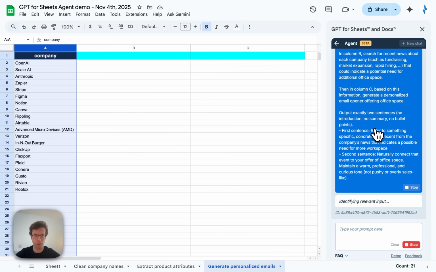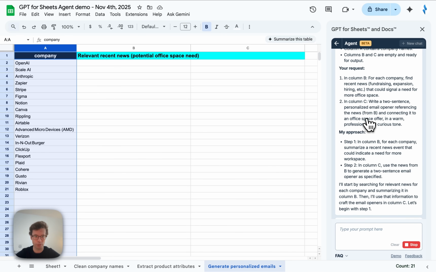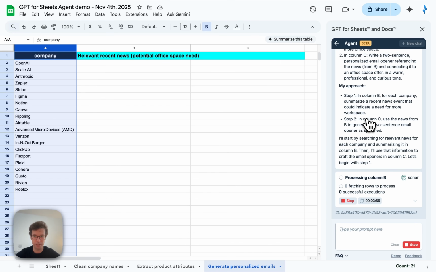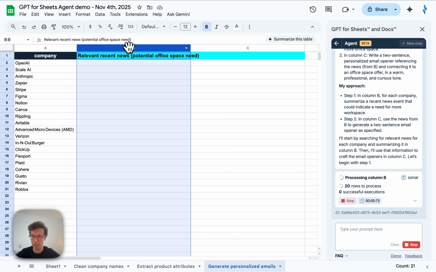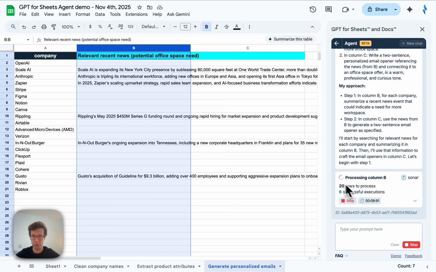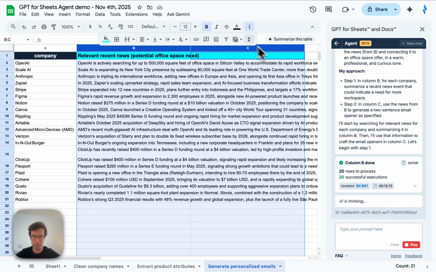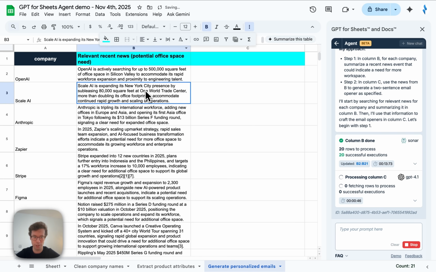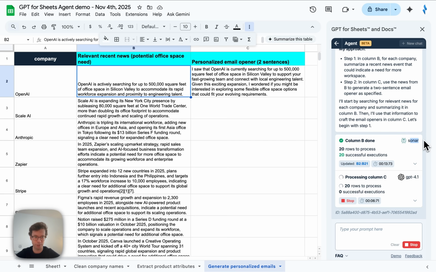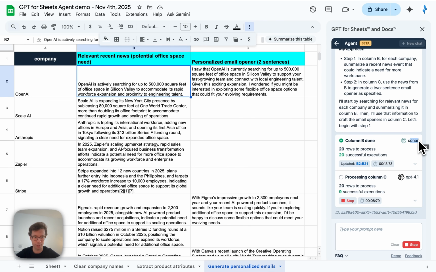Again, the agent will analyze my intent, draft a plan, and then get to work. So the first thing it does here is fetch recent news. Let me wrap this text, and you'll see something interesting: to fetch recent news, the agent decided to use Sonar, which is the web search model that I have